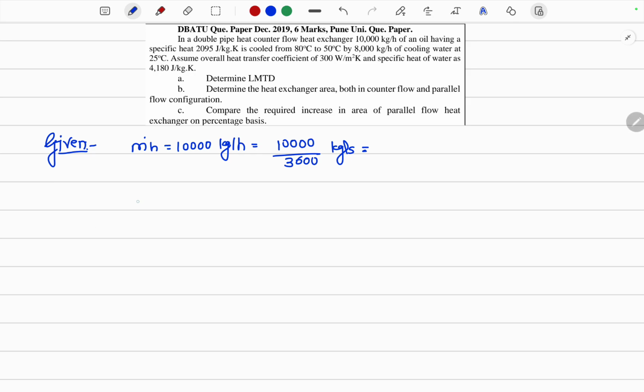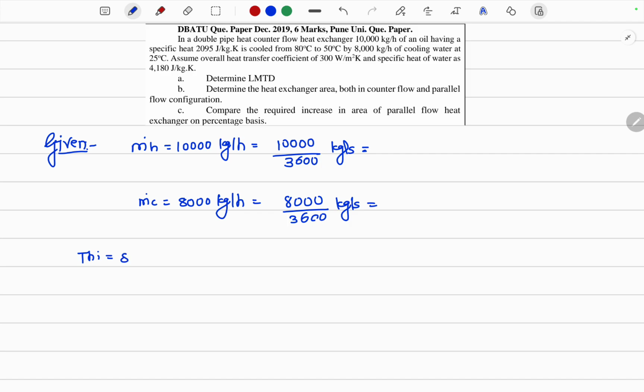We also have m dot c, the mass flow rate of cold fluid, that is 8,000 kg per hour, so that is 8,000 divided by 3600 kg per second. Thereafter, we have hot fluid inlet temperature,